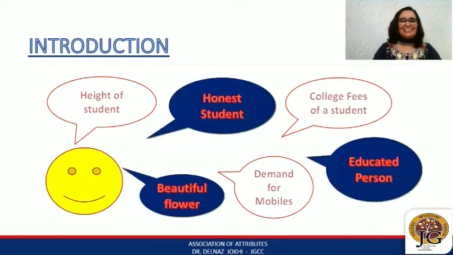All right. I think you have thought it correctly. Height of a student can come in numbers, 5.5, 6 and so on. College fees of a student, rupees, you can count them: 2,000, 3,000, 500, you can count them in numbers. Demand of a mobile phone, yes, that also you can count in numbers. Am I right? Okay. So these 3 things that are in white bubbles in Mr. Smiley's mind, they are